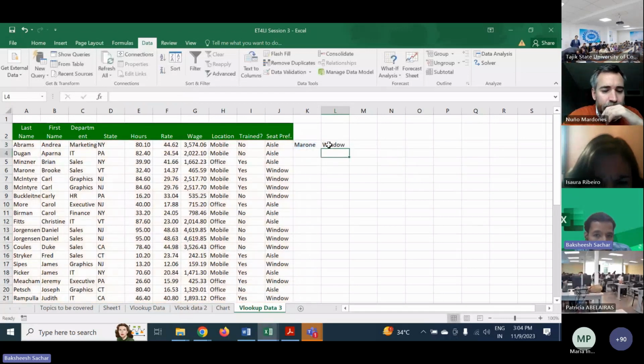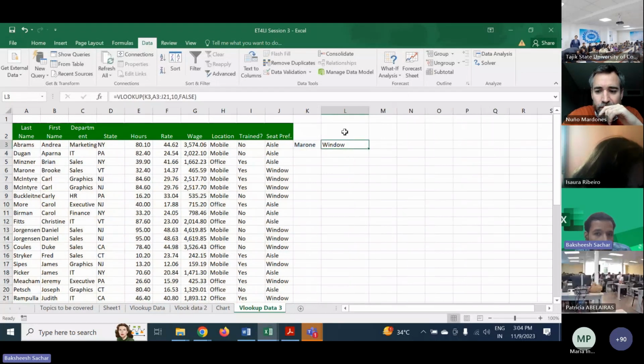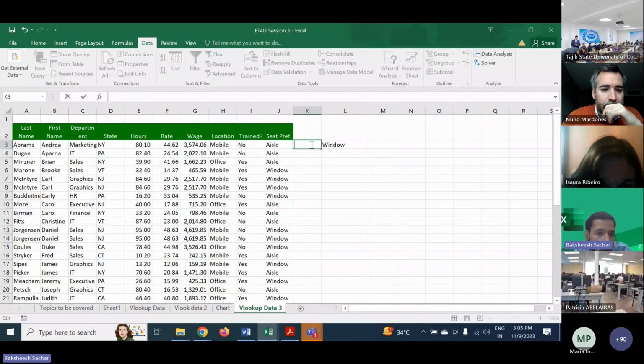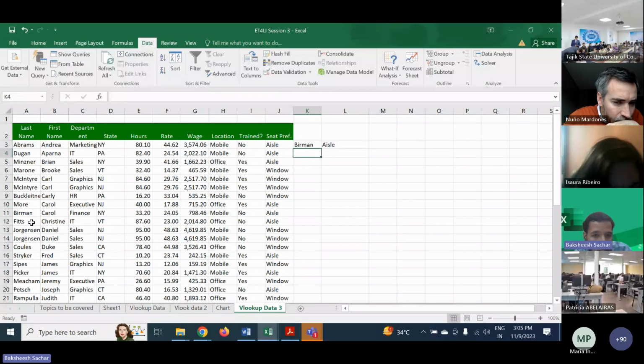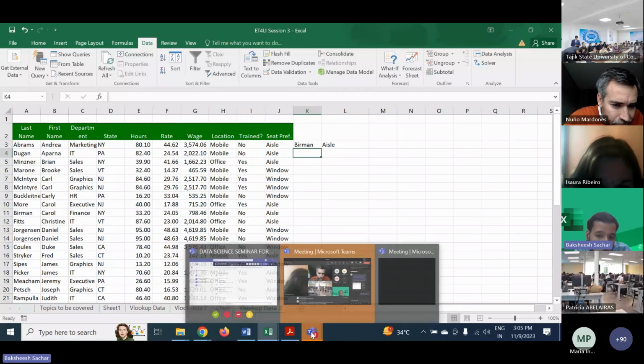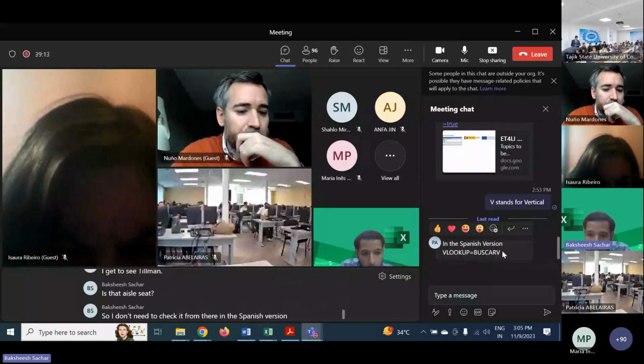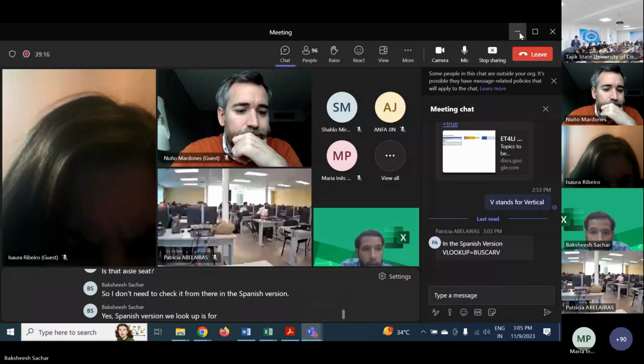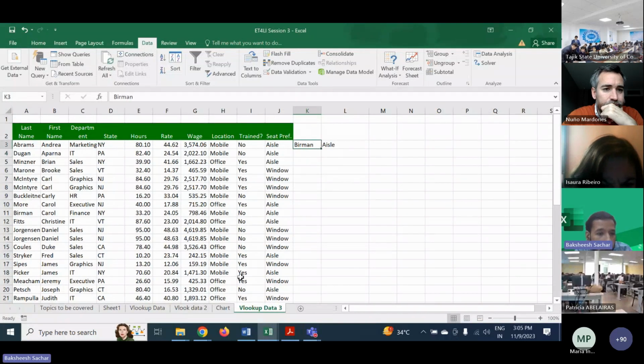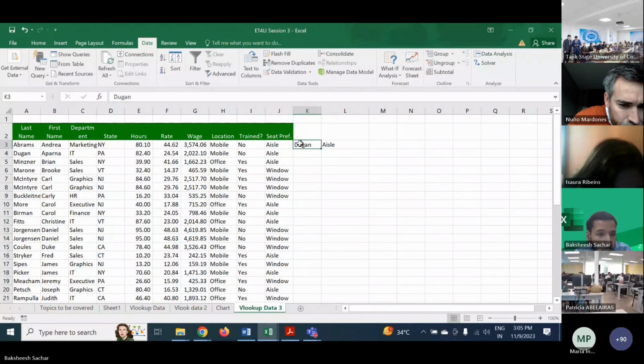So it tells me which seat the person has. The person is sitting on a window seat. If I change the name and check the name for Birman, I get to see Birman is at an aisle seat. So I don't need to check it from there. In the Spanish version, VLOOKUP is Pascual. Now next, if I similarly want to check for Dugan, Dugan is also at an aisle seat. Let me check for